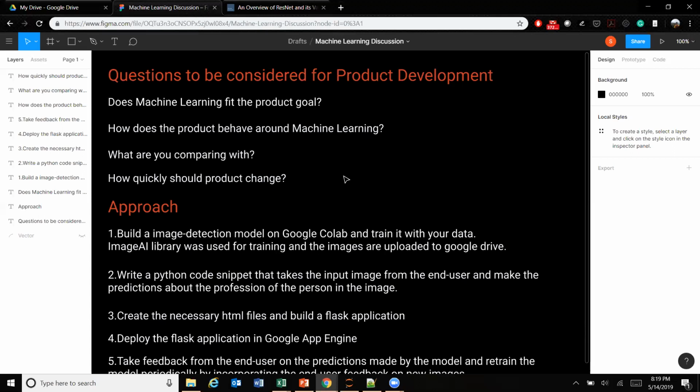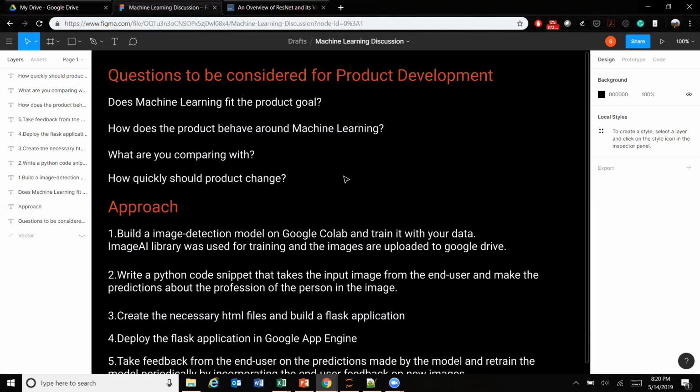Because of deploying a deep learning or machine learning model here, will the product behavior actually change? In our case, our product itself is detecting the profession, right? In which case, we can possibly write all possible rules, isn't it? How many rules will you write? Say, for example, you want to identify a person who is a doctor. How many different types of doctors are present across the world, right? How many different types of mechanics are present across the world? It's so hard, isn't it, to figure out the common characteristics that define the attire of a doctor,